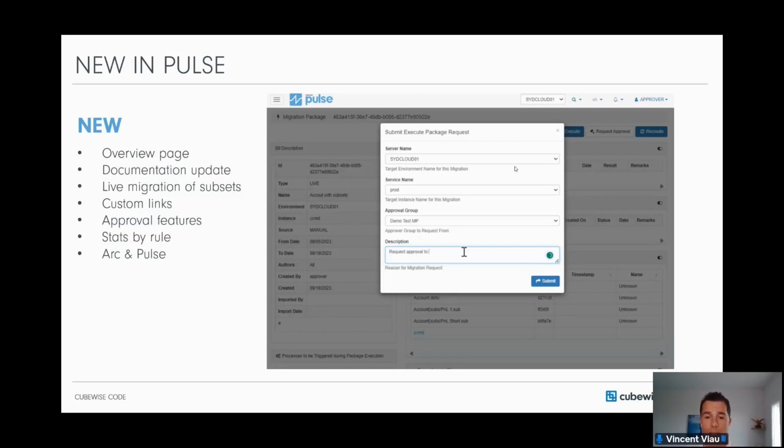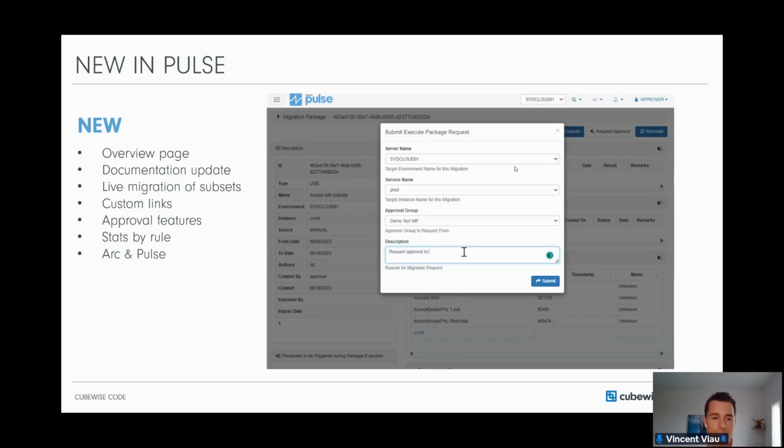If you are a developer and you create a package, then you need to submit an approval request, and you need one of your colleagues to review your package before it gets migrated into production. Even though it adds one step, so you might feel it is cumbersome, it adds some confidence into the process, because what you are going to migrate will be reviewed by someone else. So when you press the button to migrate, you will be more confident